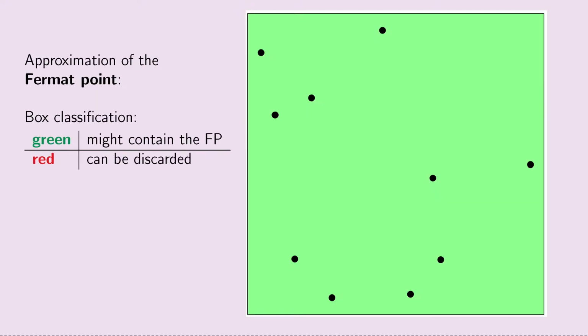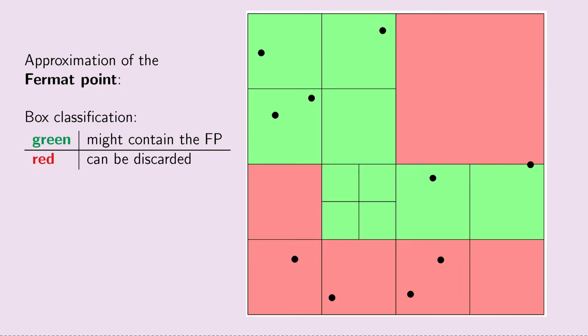We illustrate our approximation algorithm for finding the Fermat point, for an example of a cluster of size 10. Initially, we start with a box containing all cluster points, because the Fermat point is guaranteed to be in the convex hull of these. We then split the box into 4 subboxes and decide for each if the subbox might contain the Fermat point. If we can be sure that the box does not contain the Fermat point, then we can discard it from further consideration and color it red. If we are not sure about a box, then we color it green, split it, and recursively study its subboxes